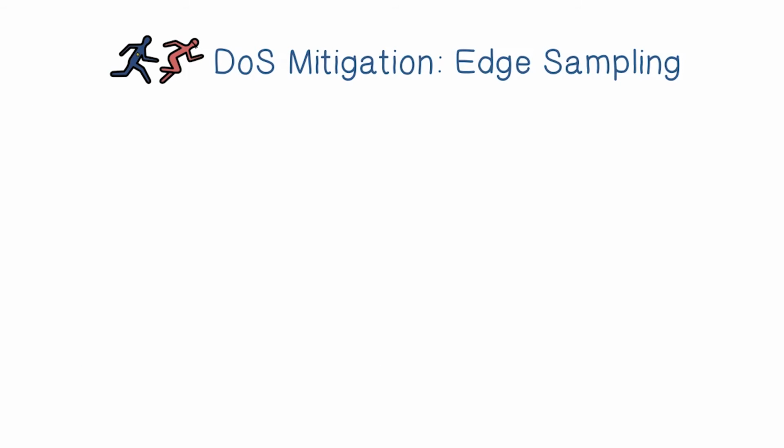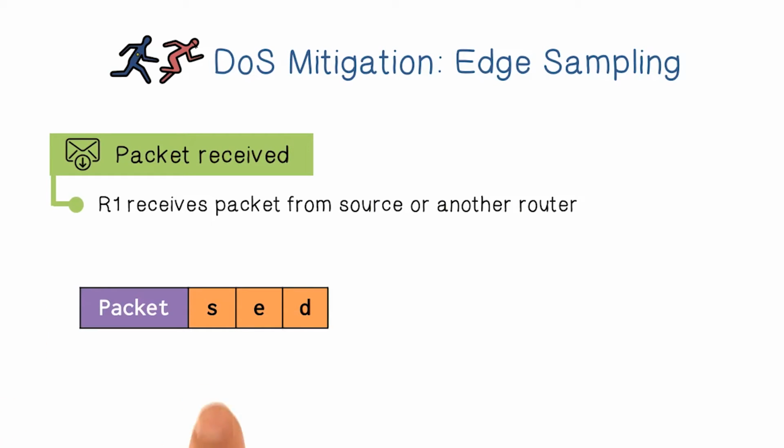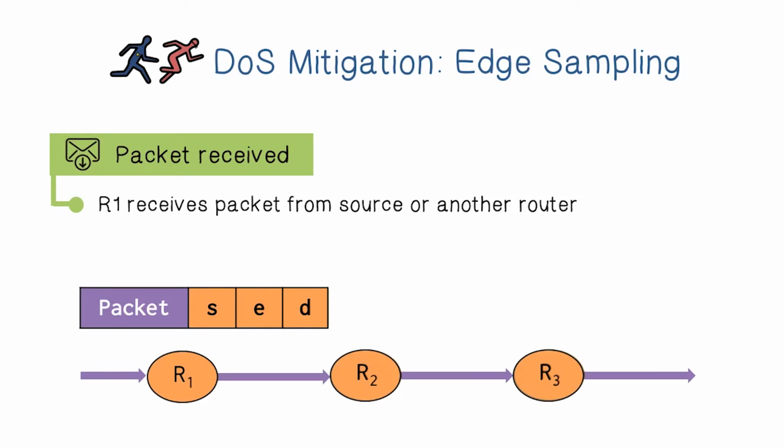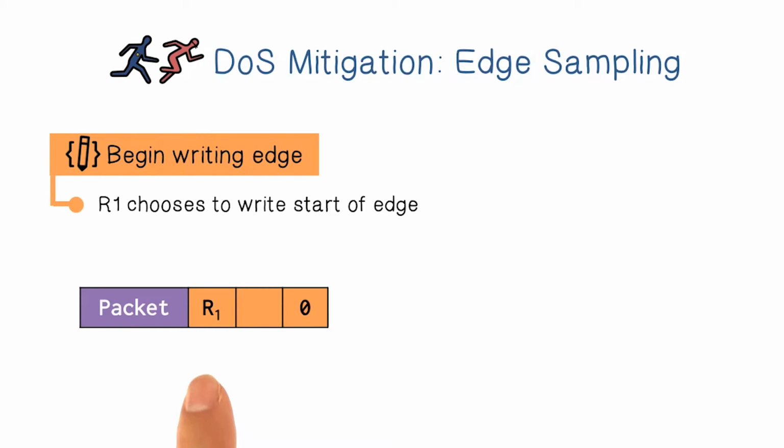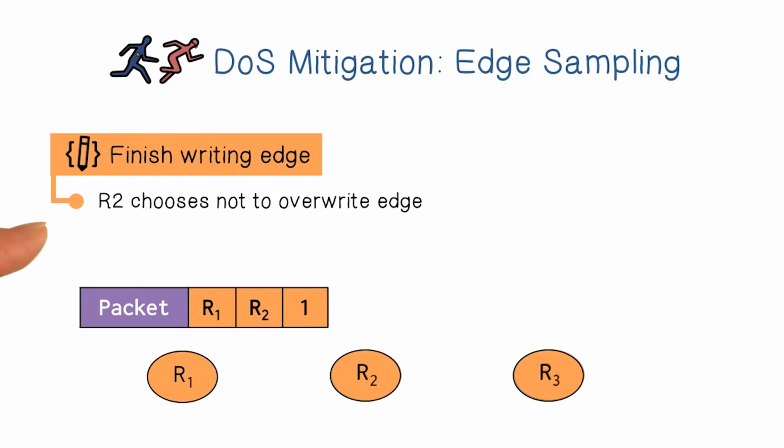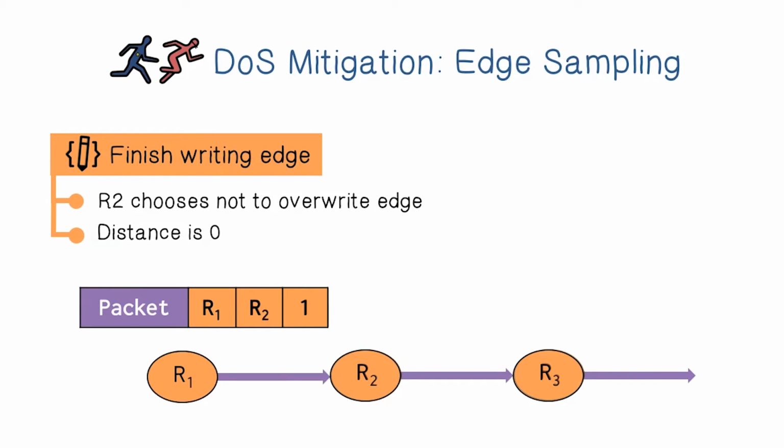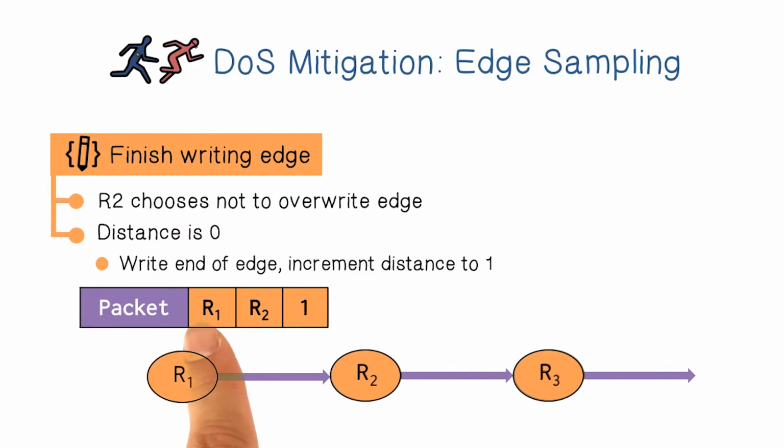So here's an example. Again, a packet would include edge information, which includes the start address, end address, and distance. Suppose the packet travels through 3 routers, R1, R2, and R3. R1 tosses a coin and it's head, so R1 writes its address to the start field and 0 in distance. Now R2, it tosses a coin and it's tail. The distance was 0, so according to the process, it should write itself to the end and then increment distance